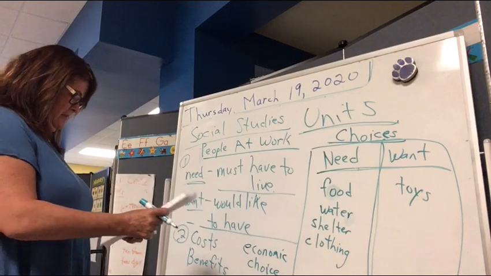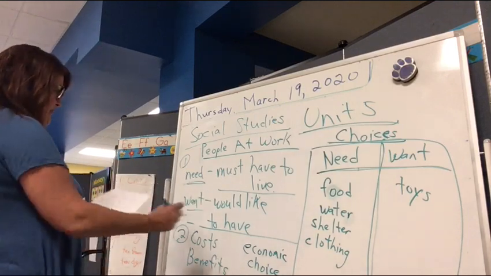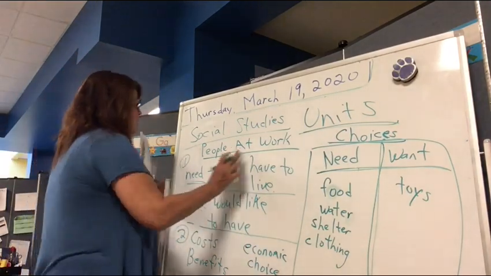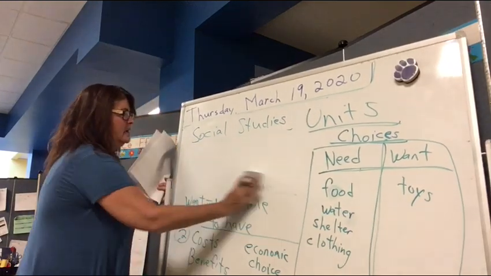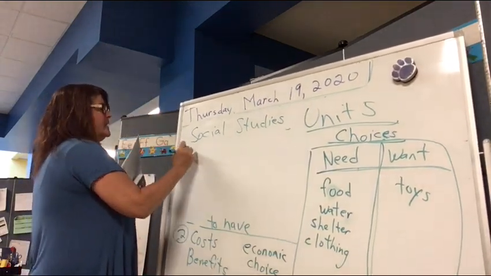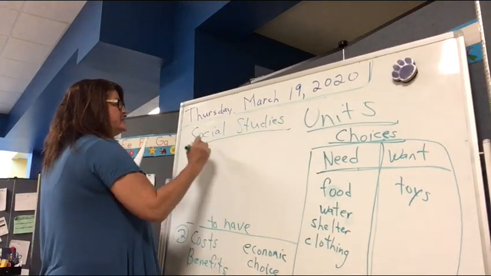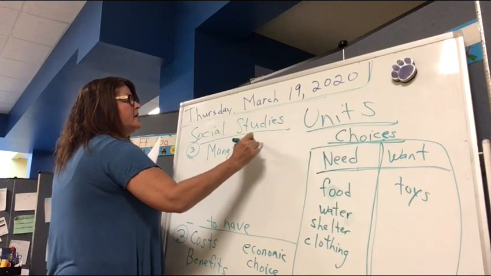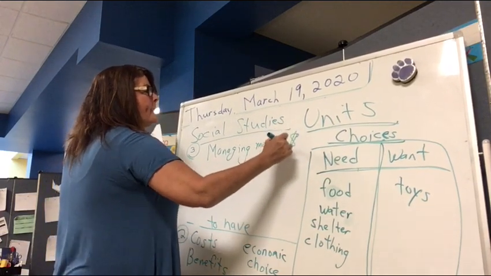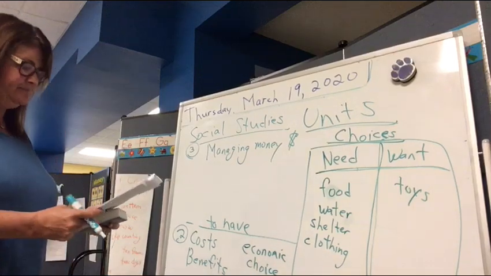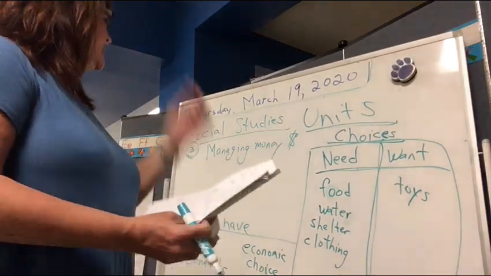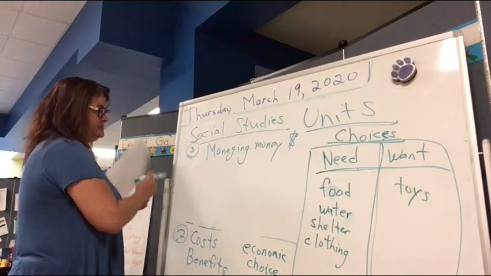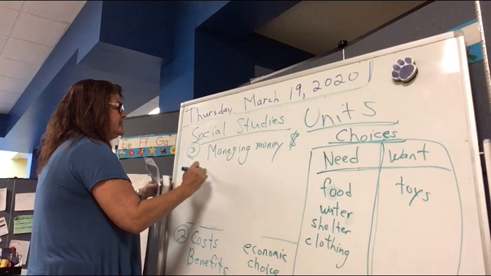And this part, an economic choice of costs and benefits, and number 3, we're going to discuss managing money. Kind of touched on it down here. Managing money. Needs